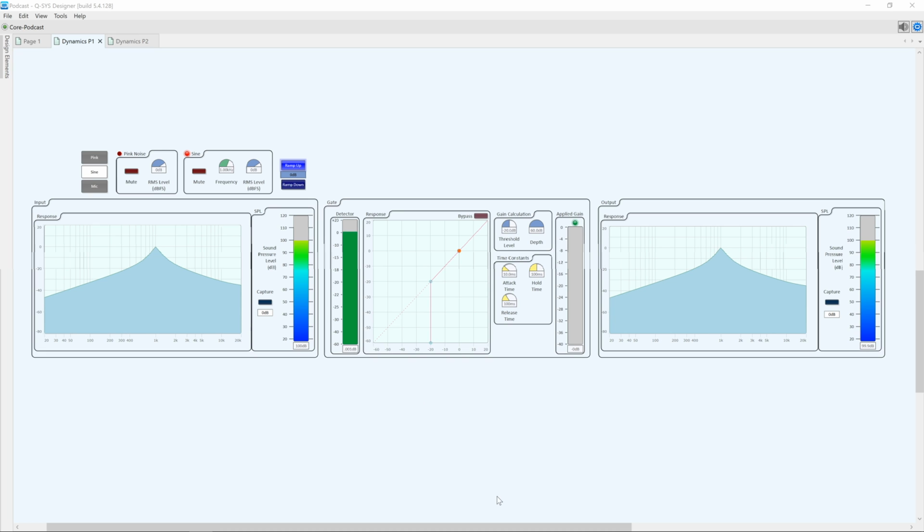Next we have a gate. A gate is a very simple device. Think of it as the opposite of a limiter. Instead of limiting the top end, it limits the bottom end. So as our signal increases, we hit a threshold and it allows audio to pass like a gate. Instantly, as we hit this threshold, coming back down, as signal decreases, it applies a negative gain, and at this point it is 60 dB,